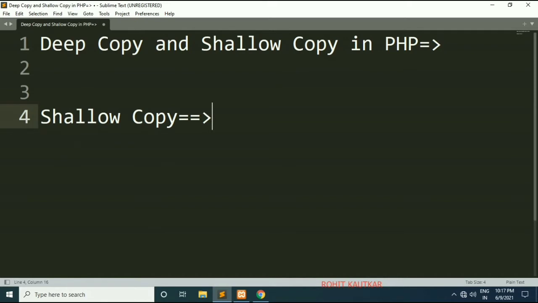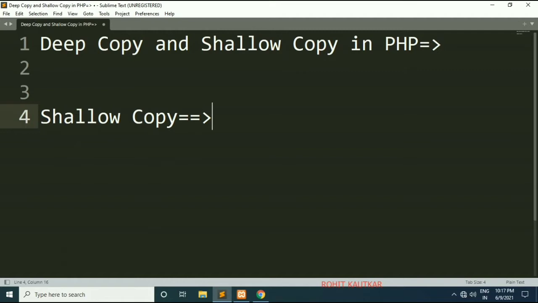So basically shallow copy is a bitwise copy of an object. In shallow copy, whenever a new object is created, the new object is exactly a copy of the original object. In case your original object has certain fields, those fields are copied as they are within the new object, or the clone object.